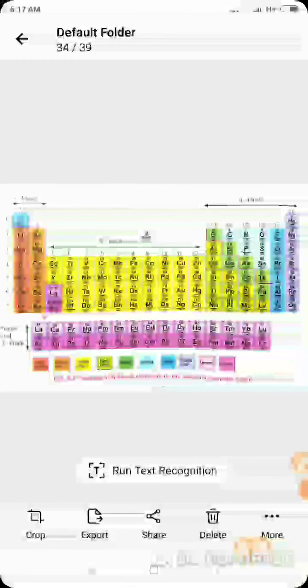In the fourth period, from group number 3 to 12, from scandium, the first element having atomic number 21, up to zinc, these are the series. Period number 4 is called the 3D series, and period number 5 is called the 4D series. So these all are the elements called transition elements.